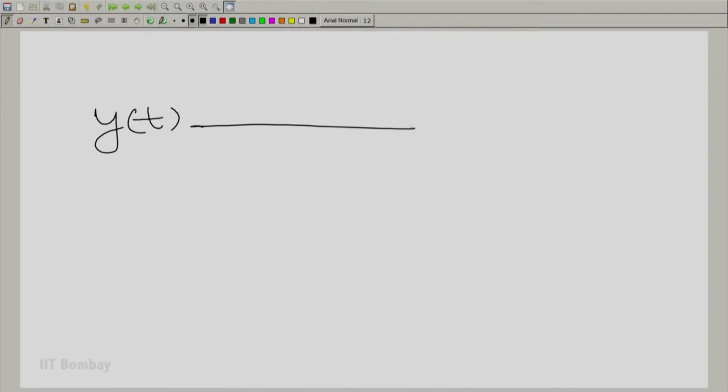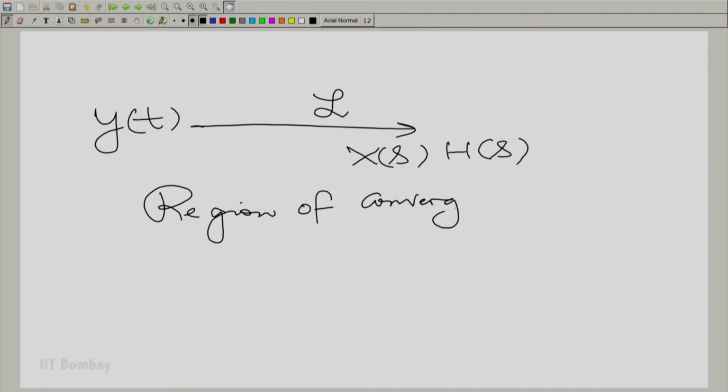Y(t) has a Laplace transform X(s) times H(s), and the region of convergence is at least the intersection of the two, if not more. Now, this whole business of "at least, if not more" requires some explanation. We need to say when this "more" can come. But before we embark on that issue, let us embark on a much more important issue, namely a new definition